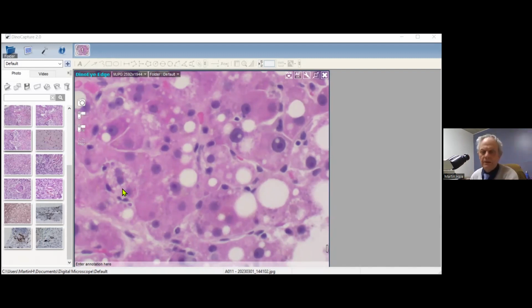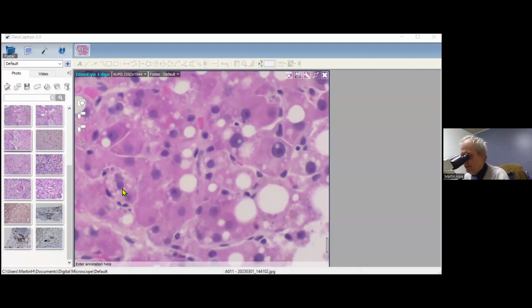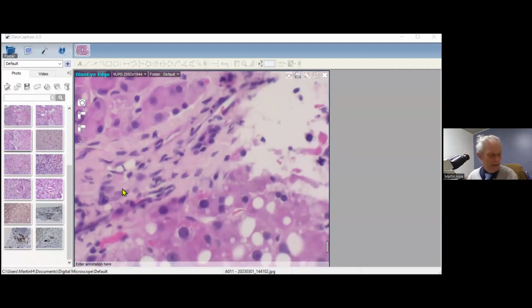In other words, I didn't have any trouble finding neutrophils. Didn't have to search for them. So that gives an activity score of 3. In other words, 2 for lobular neutrophils, because there are many. Remember, the score there is 0, 1, and 2. And then for Mallory-Denk bodies and ballooning, it's the same, 0, 1, or 2. So I gave that a 1. So the activity score there is 3, the total score, because you add the 2 together.